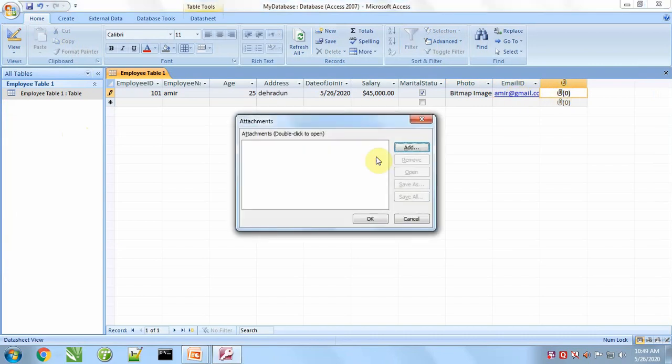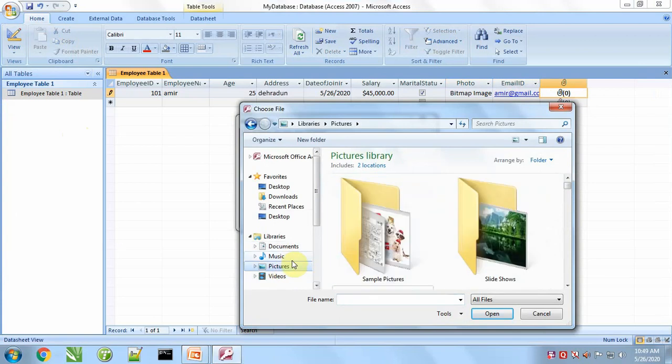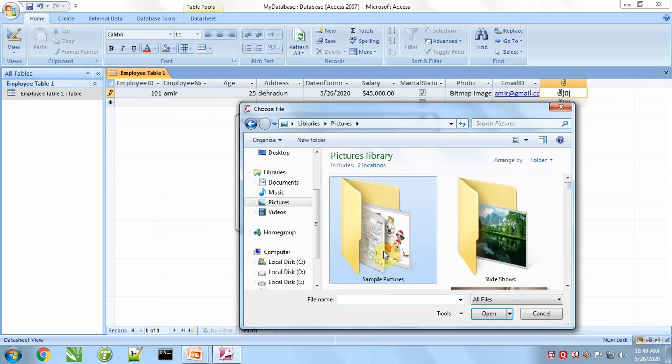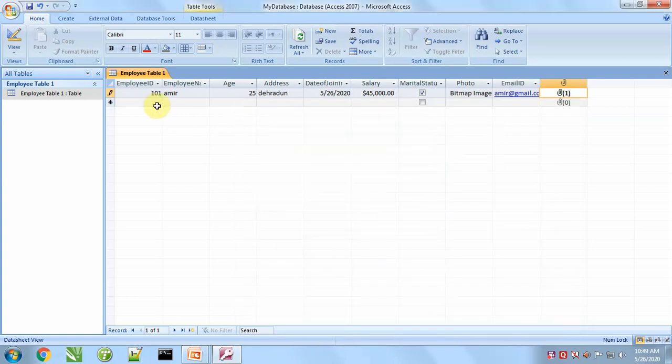To attach a document, double click on it, add, select a picture, OK. Like this we can fill the records of an employee. In the same way we will fill the record of the second and third and so on.